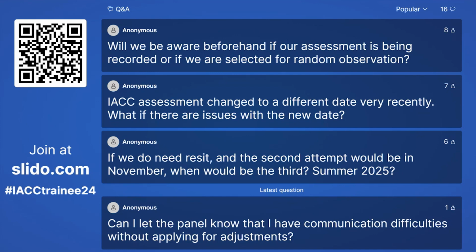Yeah, okay. Will we be aware beforehand if our assessment is being recorded or we are selected for random observation? You will be made aware beforehand if it's being recorded, because we will inform you and ask consent. For random observation, you won't be aware beforehand, and you will not be aware of anybody being there. It'll just be an extra group of initials. The observations are for quality assurance.